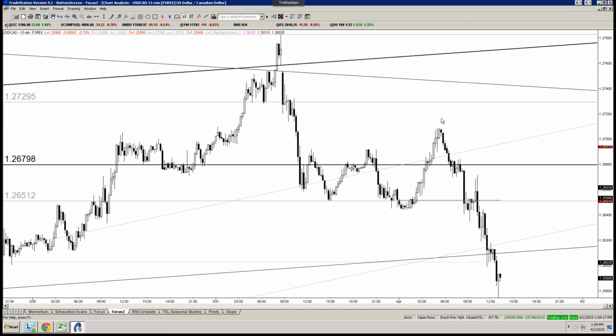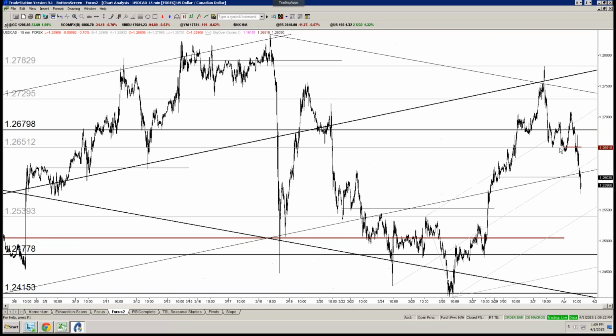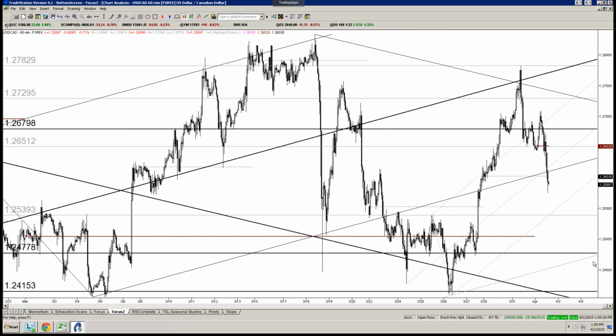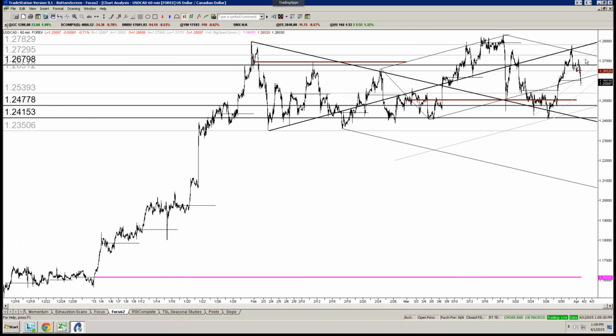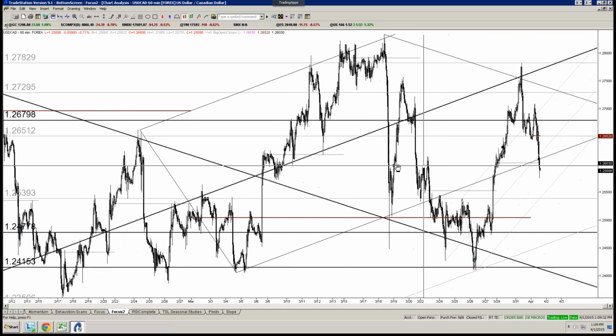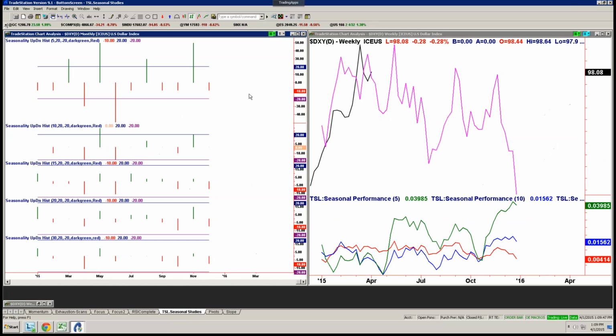In any case, the downside is going to remain favored probably until at least 2480, and depending on how this thing unfolds, the structure of it, that is, if we go in a 5-wave drop, we could end up getting a much larger swing trade short opportunity. And with that, I want to bring in the seasonality studies.